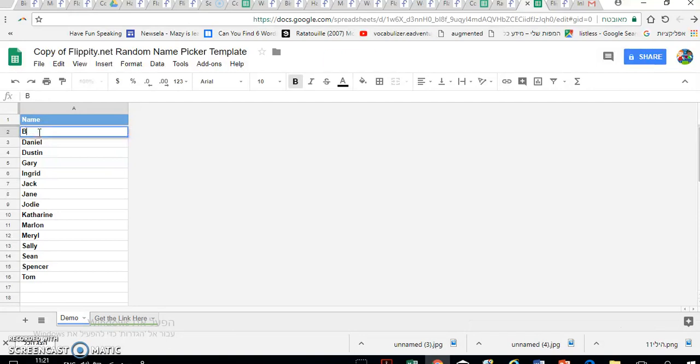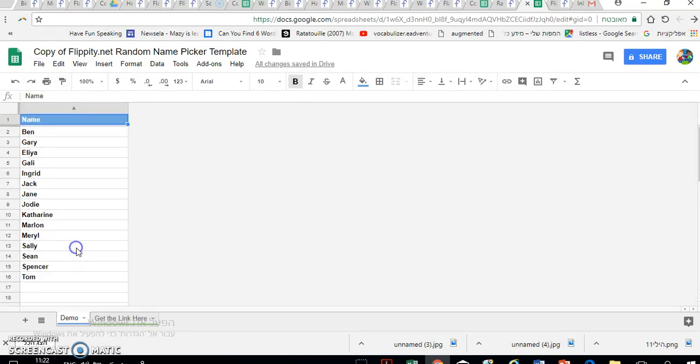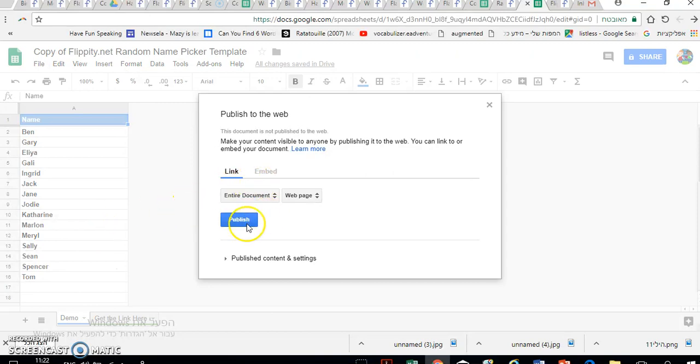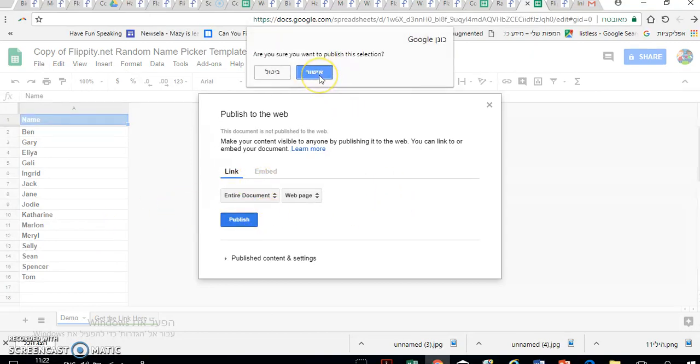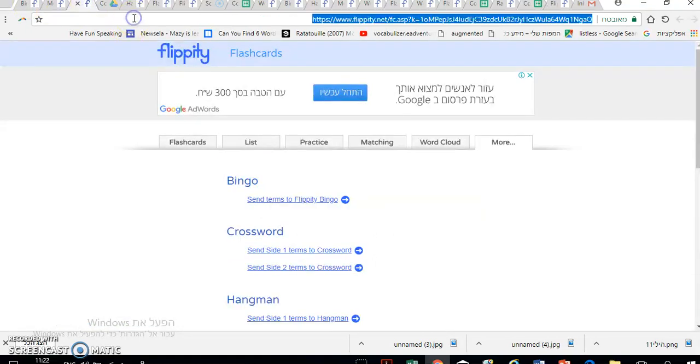So for example, you can write Ben, Gary, Elia, Gali, etc. And then we click on File, Publish to Web, Publish, and we copy this link onto a web browser,